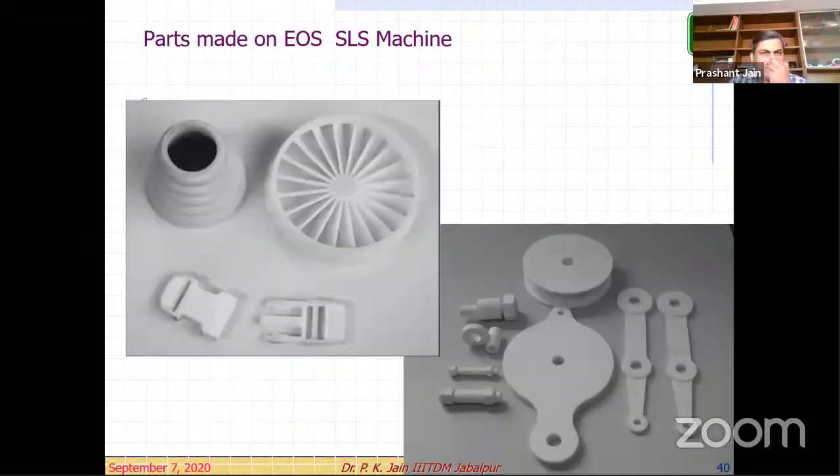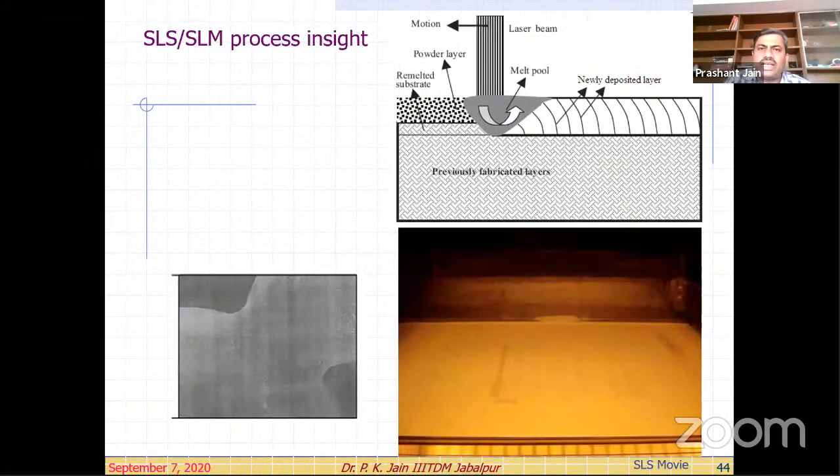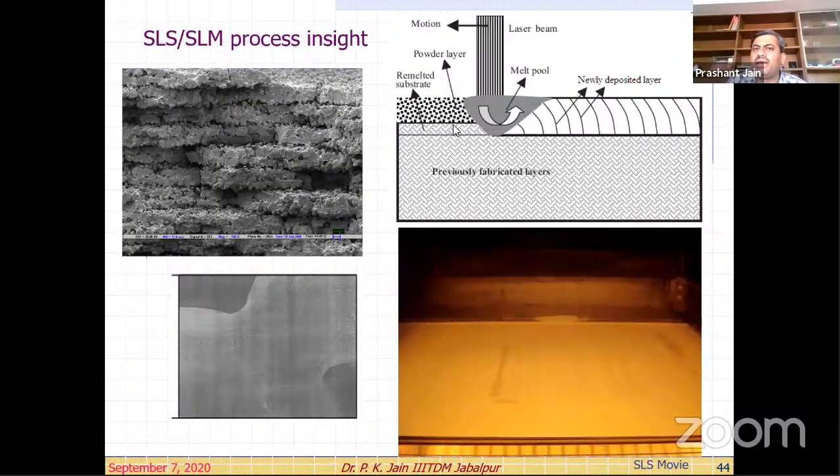Now look at this, these are some of the parts made by the SLS process, right? Here, every time when we print a new layer, the previous layer has to be remelted in a partial way, right? So this is the deposited layer and this is the powder substrate, right? So when this laser light comes, this is the melt pool or say sintering zone.